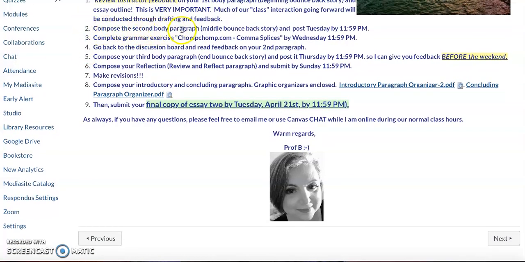Compose your second body paragraph. This is the middle of your bounce back story. And it basically explains, what happened? What is the disappointment or the failure? Post this paragraph. Ideally, you'll post it before midnight Tuesday so I can give you feedback Wednesday. But again, everything opens on Monday